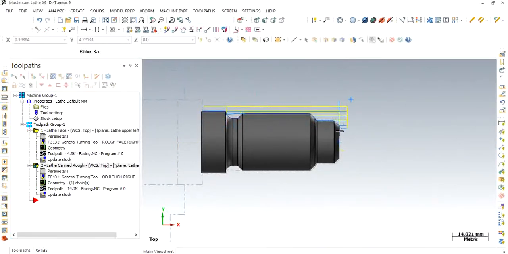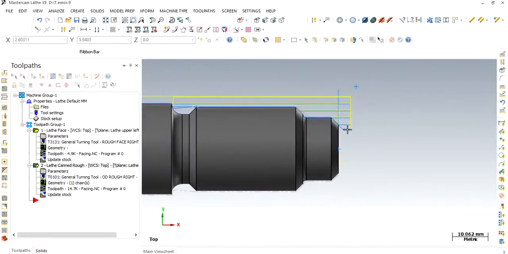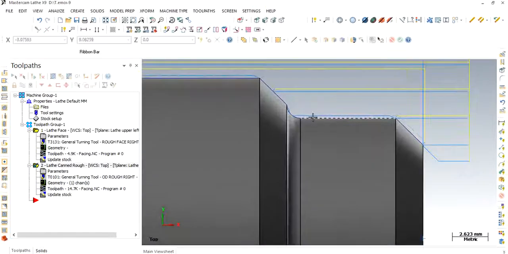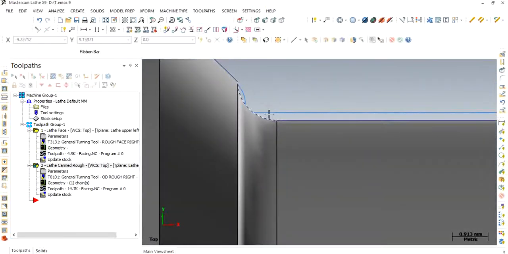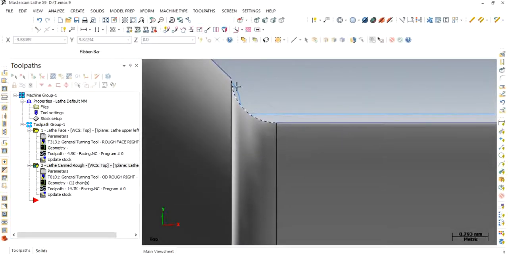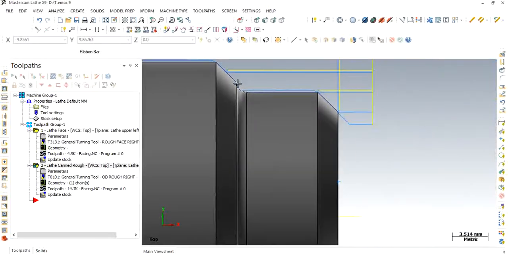You can see in the simulation that the material gets removed from the workpiece now. The blue line shows you the metal removing, and yellow is your return position. You can zoom in on these things. You can see these gray lines outside the material after the work. It means this material remains to be removed. So for that you can use